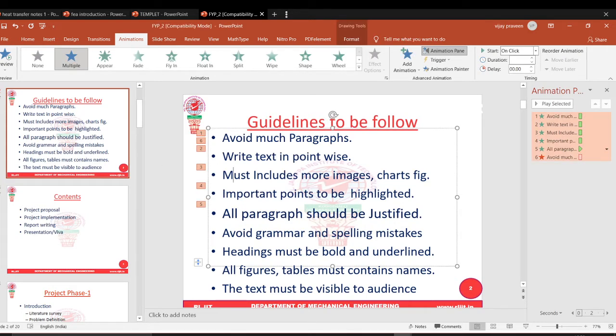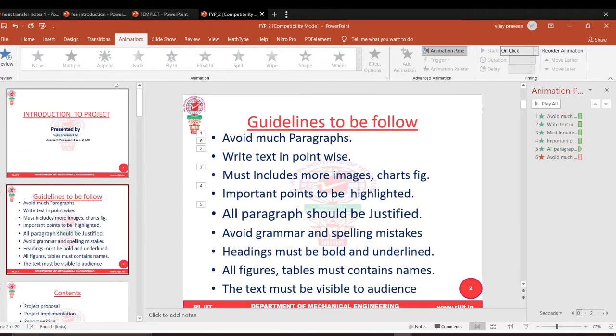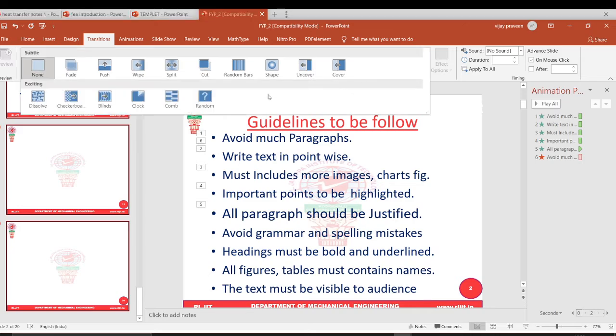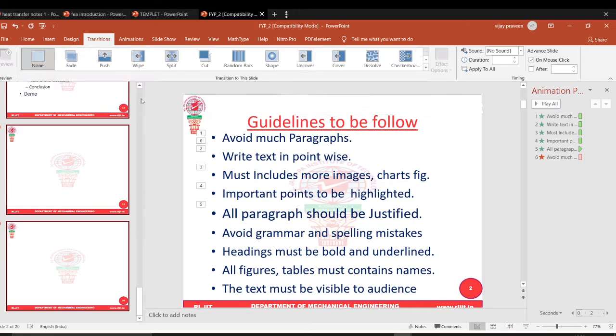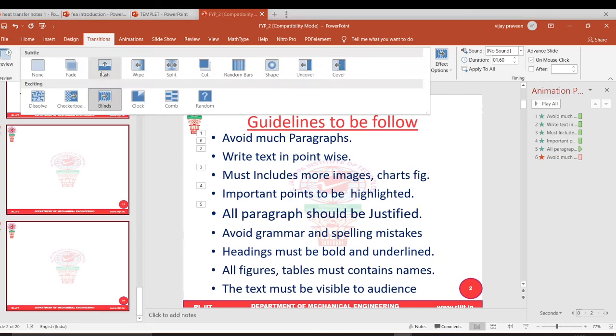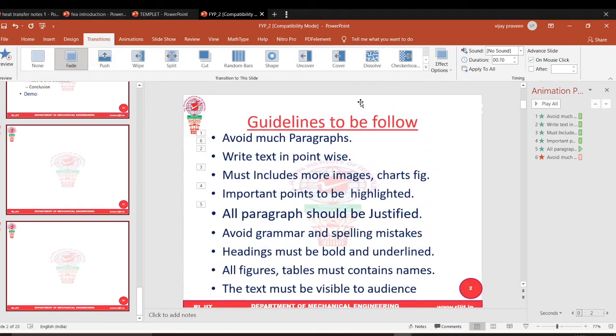You can do it, but it takes a lot of time. So the best I would prefer is, instead of giving animation one by one, you can select all the things and directly give it to the slide. Whichever one you want, directly you can give one. A Fade I will give. That is enough. Instead of giving one by one, it will take a lot of time.